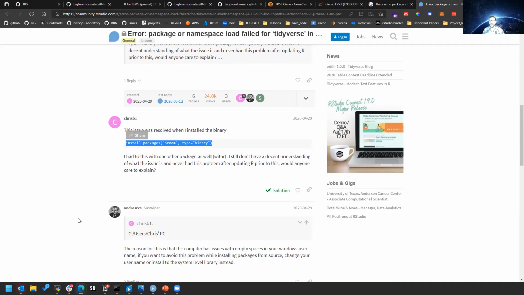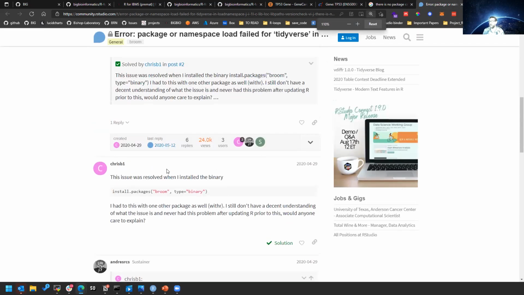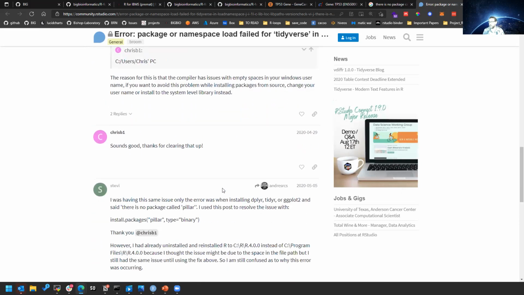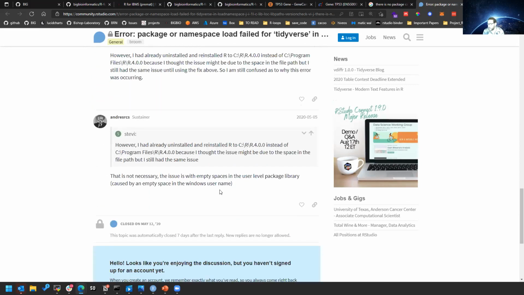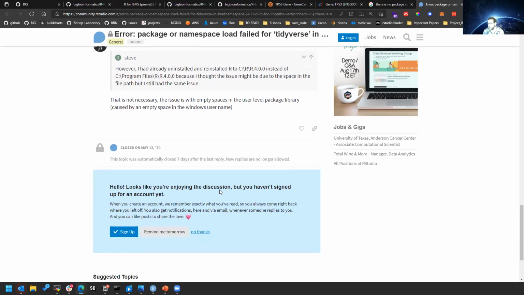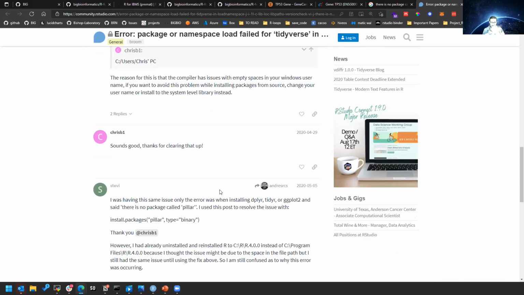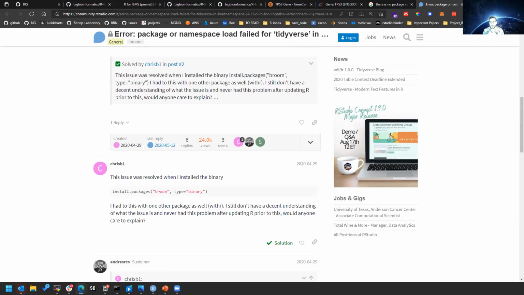So there you go. So whatever the packages are that you need to have installed, maybe you'll have to do them separately using install.packages. I don't really entirely know why this happens. Maybe someone's got a better answer down here. I'm not really willing to dig too much farther into it at this moment to find out, but try installing